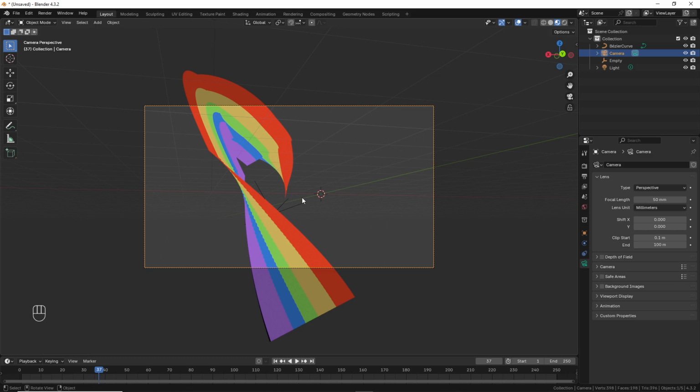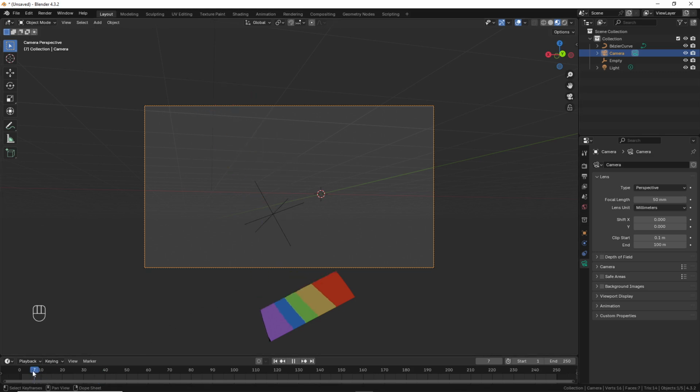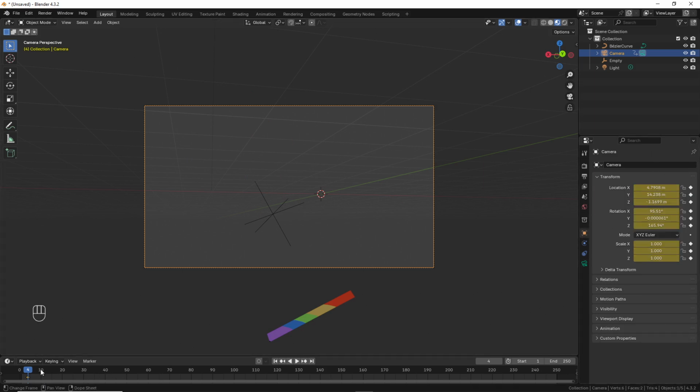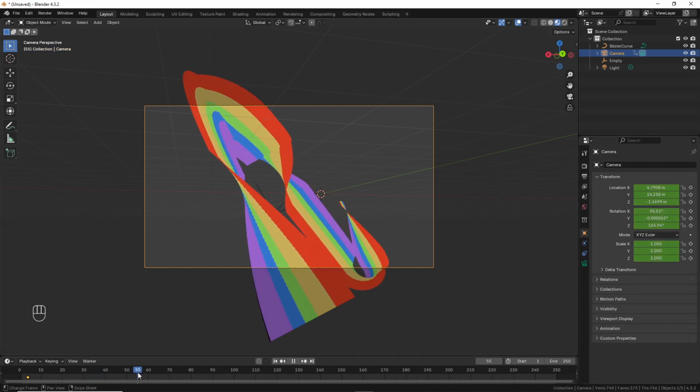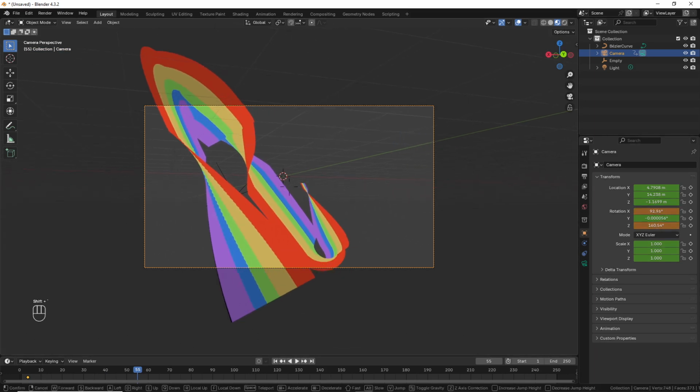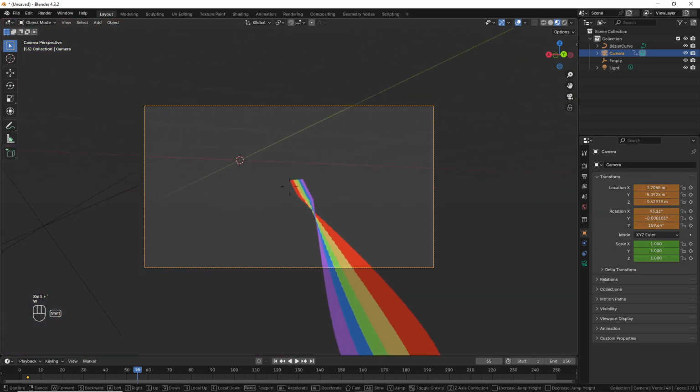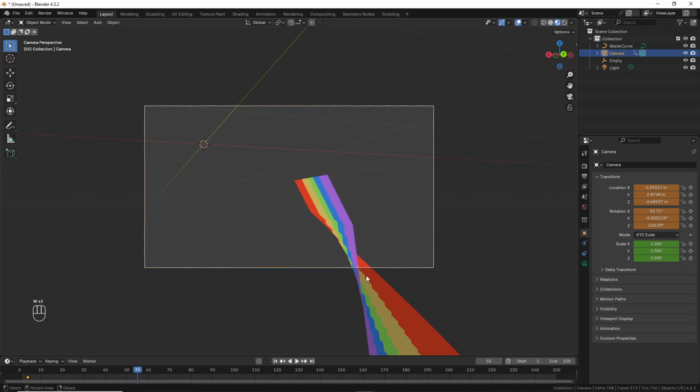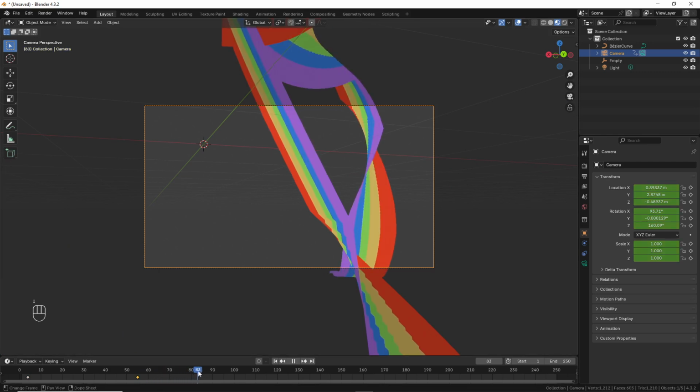Okay. All right, so if I start here, I'm just going to hit I. So that way keyframes are automatically created from my camera. And then as the ribbon grows, we'll just follow it. Follow it up in this direction. I might have to increase the resolution more to get rid of these kind of edges here. So I'll hit I. And then as it continues to grow,